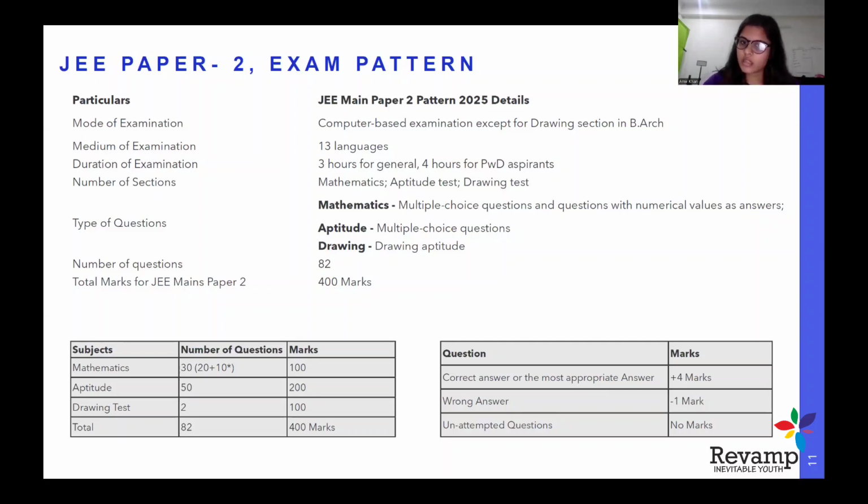The medium is in 13 languages, and the paper will be of 3 hours, and 4 hours for PWD aspirants. And the total marks of JEE Mains Paper 2 is